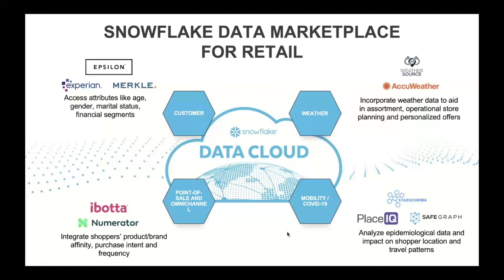So if you were a marketing company or a CPG or a retail company, you might want to understand a couple of things, right? You might want to be able to take all of your data, but you also might want to understand, hey, how do I figure out a target demographic so I can market against it? How do I look at weather trends to figure out when I should sell a certain product or when I should buy more product or when I should move product around based off of the weather, right? And also understanding, what's brand affinity? What are people purchasing? Well, through the data marketplace, you can acquire all of these data sets natively in Snowflake.